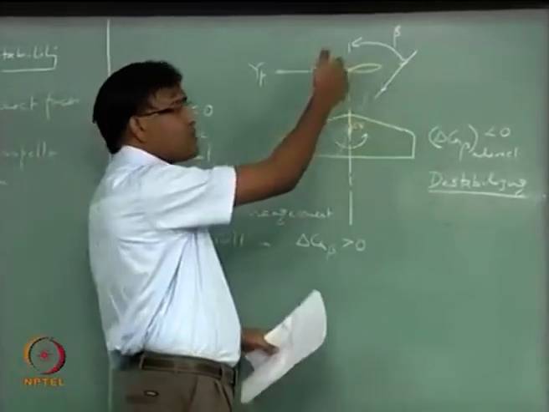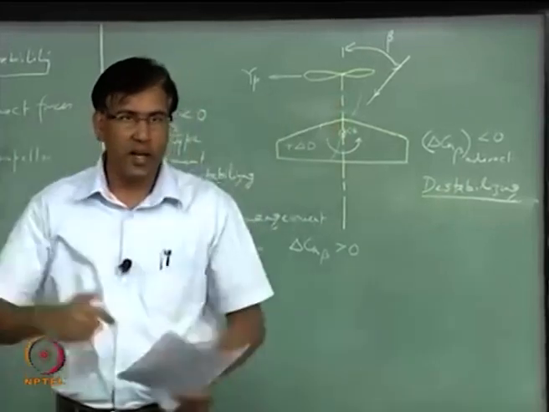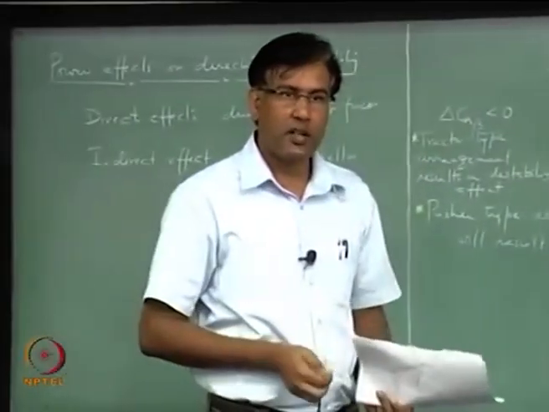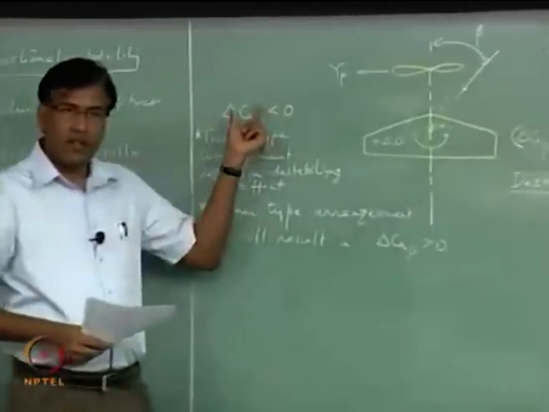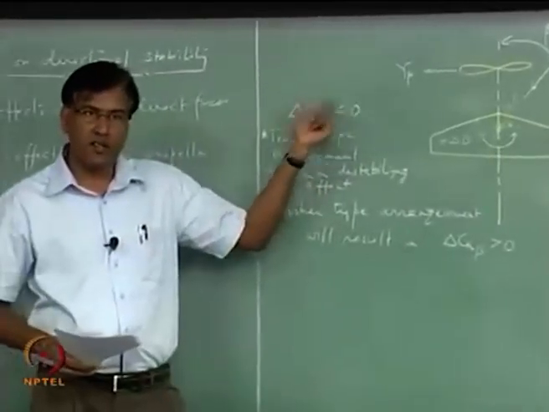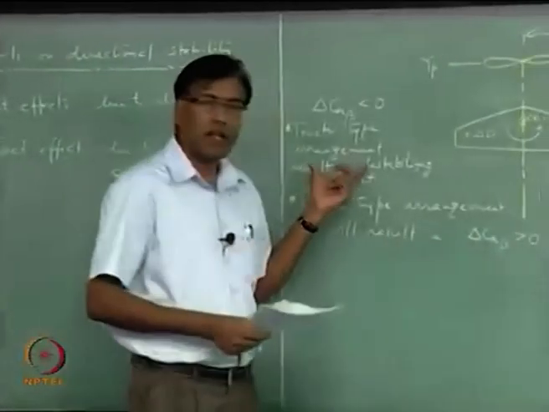So, your y is moving towards the x axis, right, that is when we say that it is a negative yawing moment, right. So, delta Cn beta is going to be less than 0, right. For positive side slip you are having a negative yawing moment, and that is a destabilizing effect,